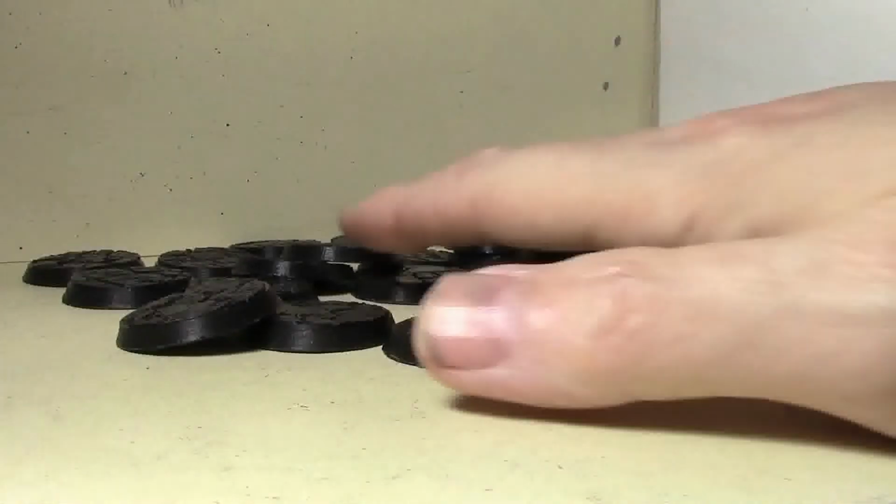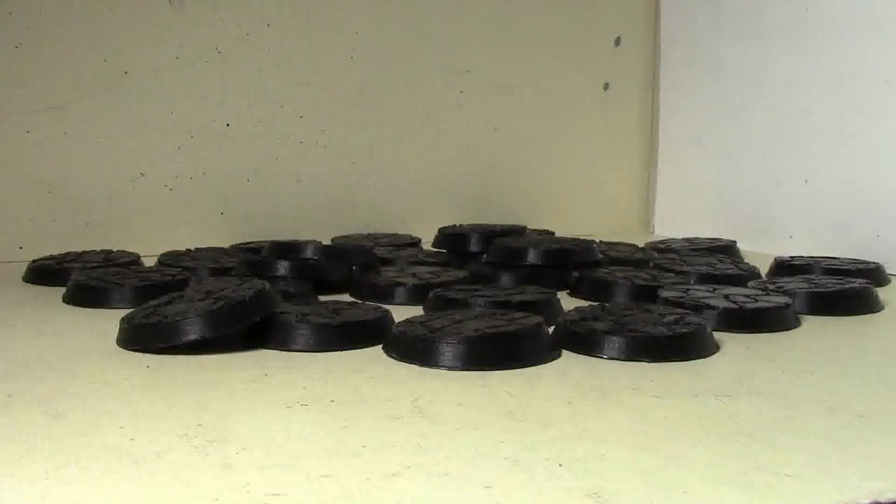So right now I've got 27 here. I'm going to print up to get up to 35. That will allow me to do all the Slugger boys with their two knobs, because I've got extra Slugger boys. So I have actually 33 Evil Sun Slugger boys, so I can do 3 trucks worth. And then I've got 4 total knobs. So yeah, so I've got 33 Slugger boys,